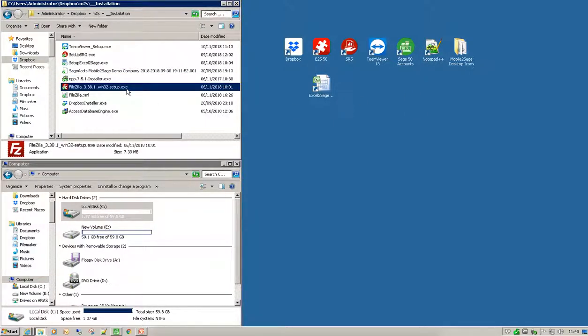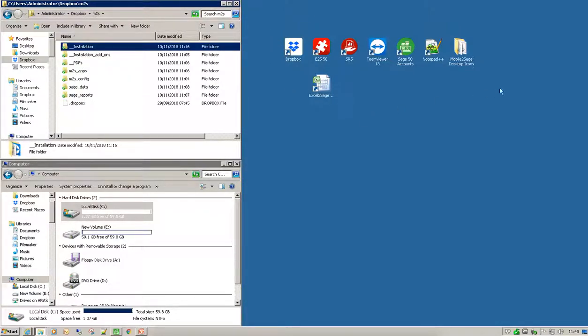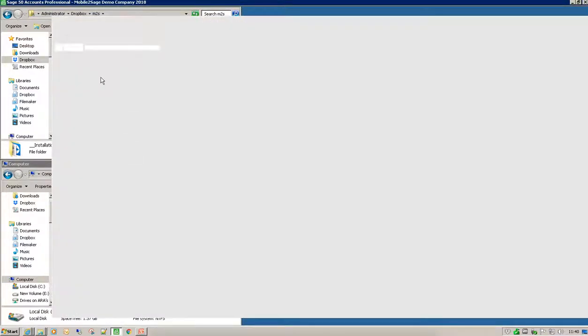FileZilla is the program that is installed to allow us to update things like product images. And that's the Dropbox installer, which you can just download from the Dropbox website. So having done all of that, that's the installation set up, and this is basically the icons that you'll get on the desktop. So the next thing you'll need to do is in Sage, go into Sage and log in